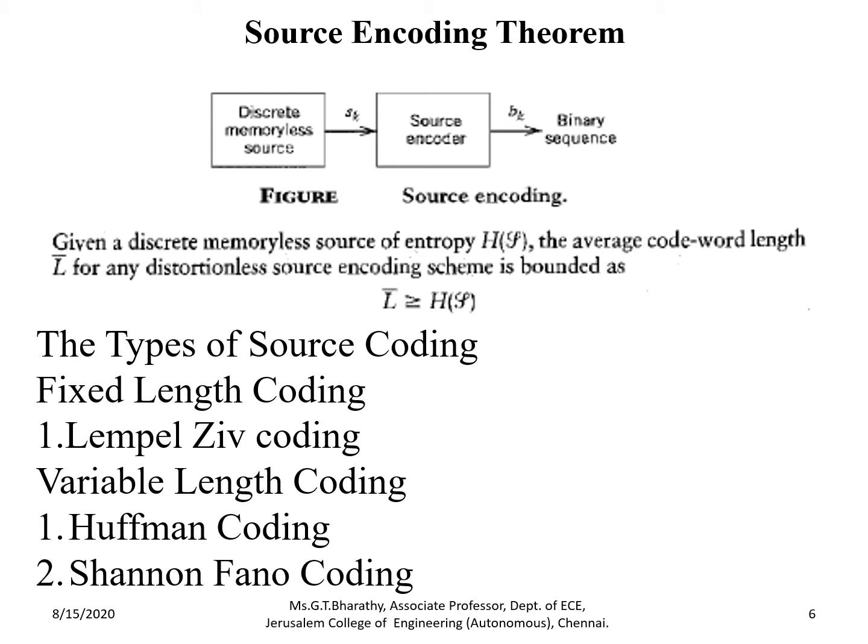We saw the types of source coding, basically classified as fixed length coding and variable length coding. In the previous class we have seen a variable length code, which is the Huffman code. And in today's session we will move on with Shannon-Fano coding, which is again a variable length code.